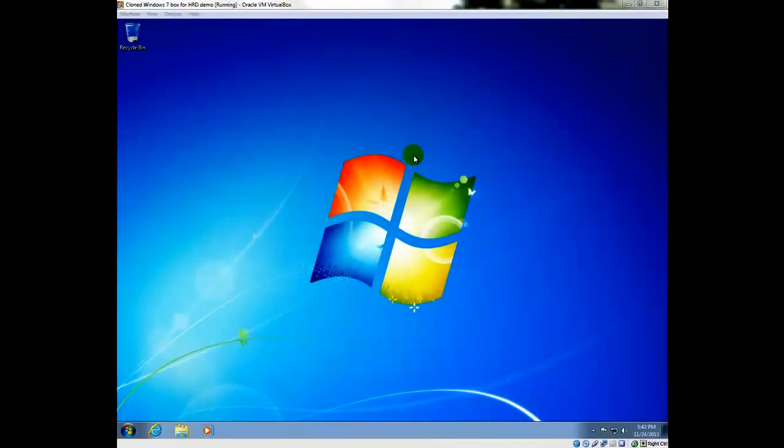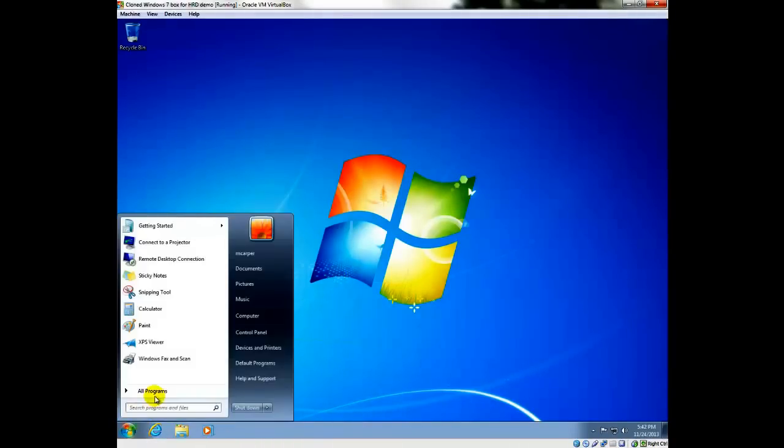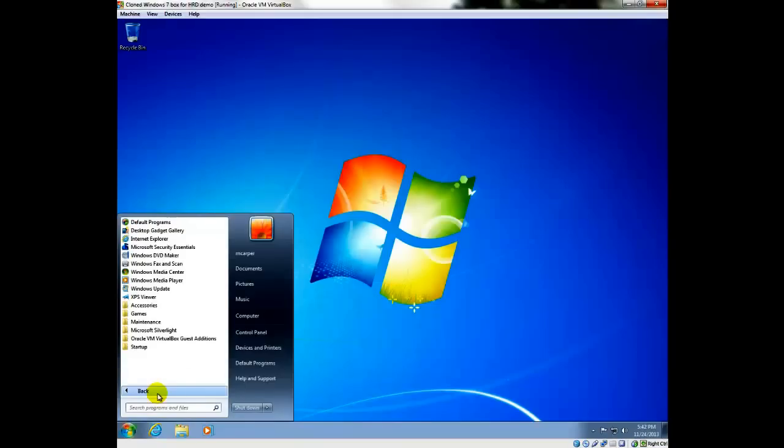In this video, I'll be using a version of Windows 7. It's never had anything loaded on it. It's completely clean. You can see by looking here in the start menu that nothing's been installed on it. All of the Windows updates are up to date, but it's otherwise just a plain Windows 7 build. And I wanted to start with a plain Windows 7 build because I don't want